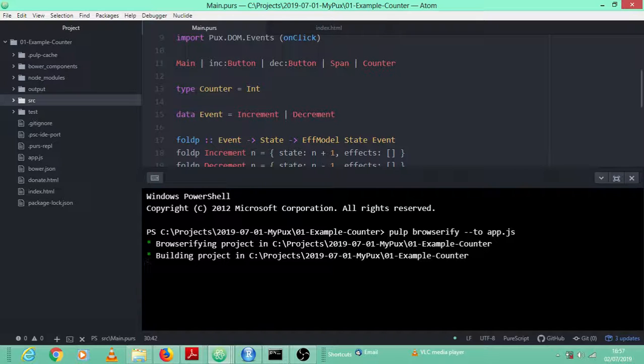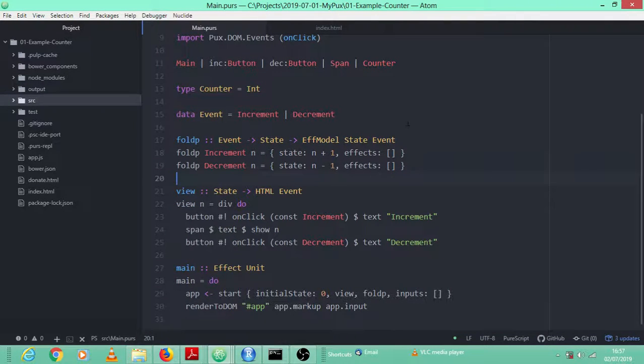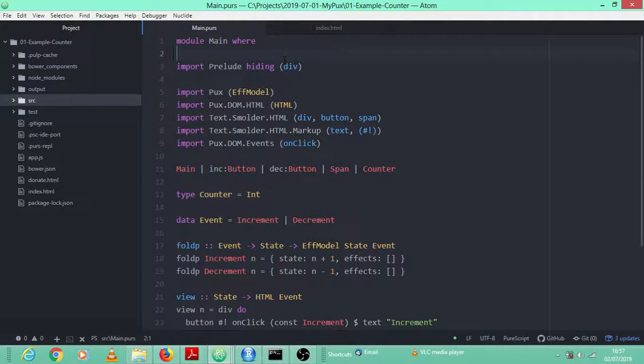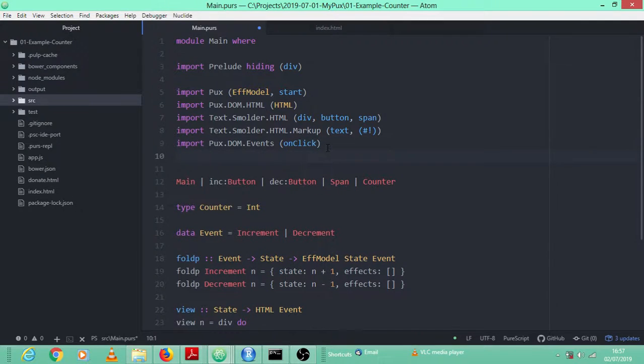Oh, we forgot to import. In fact, it's not going to compile because we forgot to import some things. So let's do that. We need to say where start comes from and render to DOM, because we haven't said those. So first, start can be found in the Pux module, and render to DOM can be found in the module Pux